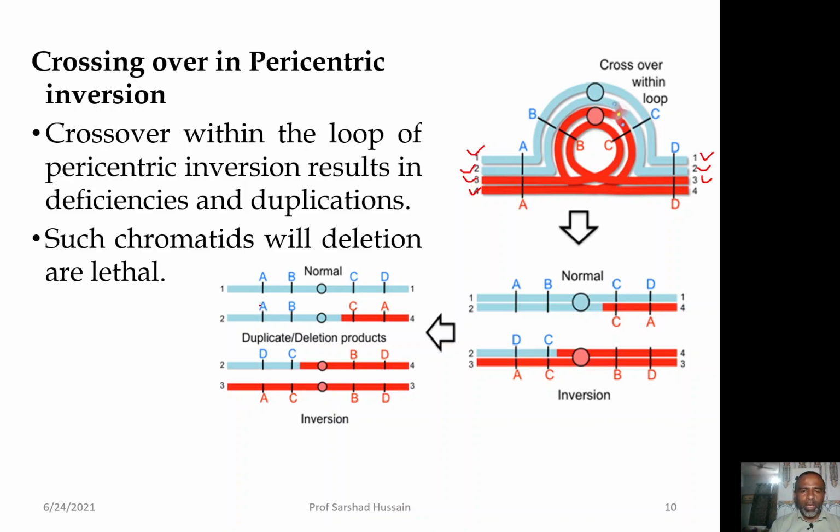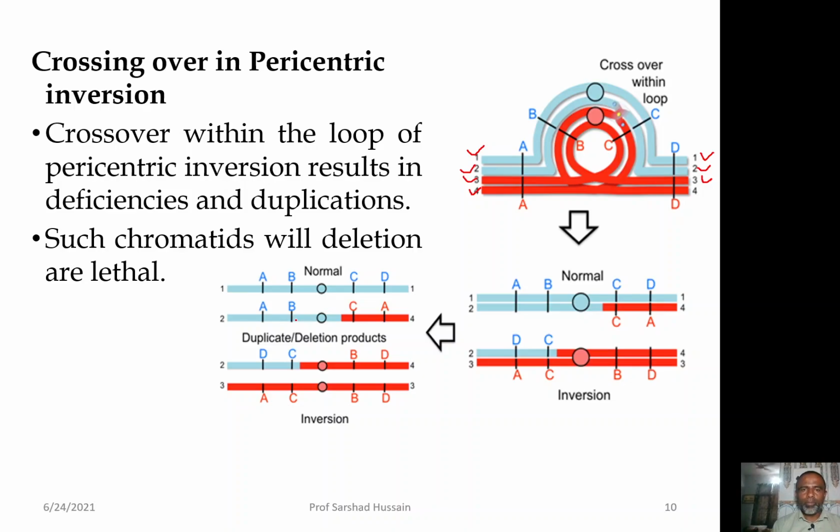So, if you look at this one, here again you are having duplication of the A, whereas the deletion of the D. So, because of the duplication, the deletion, in case of deletion particularly, these gametes will not be normal, as a result the individual will not be formed. So, you will not be able to see the inversion. So, in the offspring, as a result you can say that the inversion basically suppresses the crossing over.